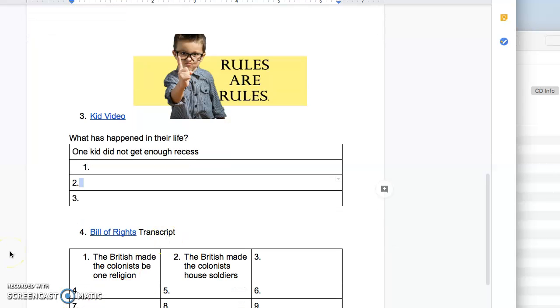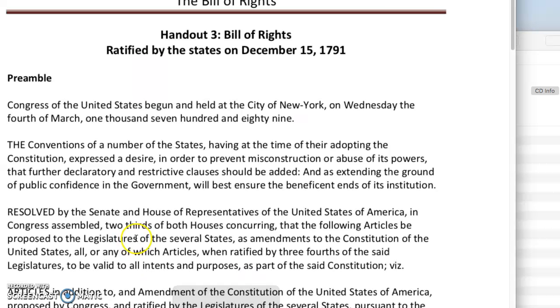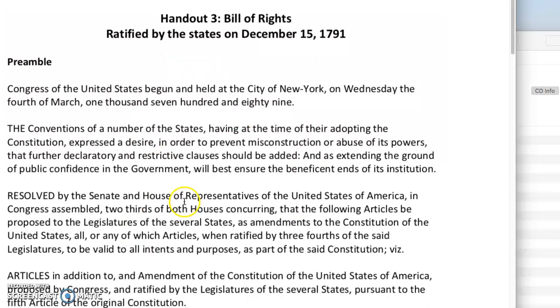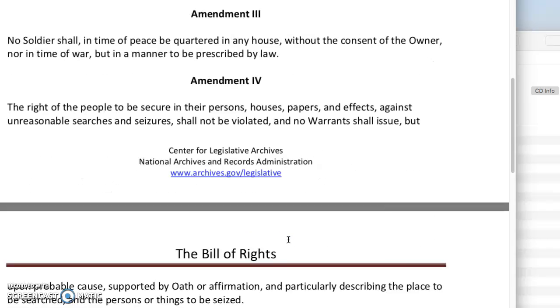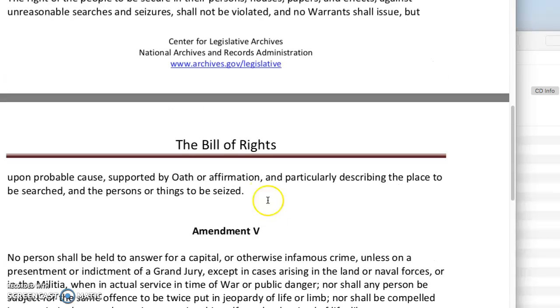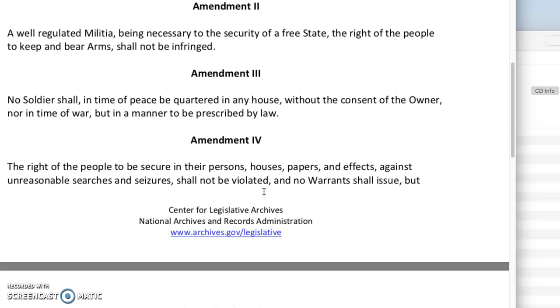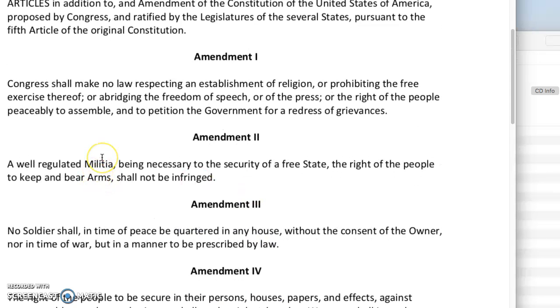So you did that. We're going to do the same thing with the Bill of Rights. So those first 10 amendments, we can tell what was happening to the colonists or the founding fathers at the time by the rules that they made within the Bill of Rights. So let's open up this copy of the Bill of Rights. The first paragraph is kind of the preamble, so you don't have to read that. But then we have our amendments, or our changes, 1 through 10, because that's the Bill of Rights. And so let's start. It's old-timey language, so be aware of that.